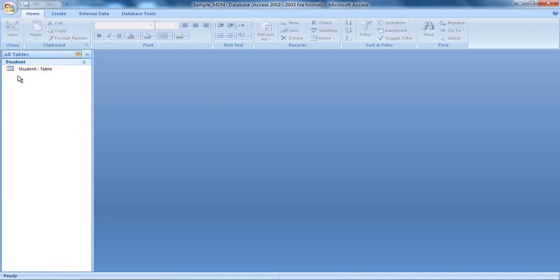Now when I click OK, can you see a symbol for table is given here, and the corresponding name of the table is written here, after which the name of the object is written here. The object is table, name of the object table is student, and the corresponding picture icon shows it is a student table. Now I have created my table.